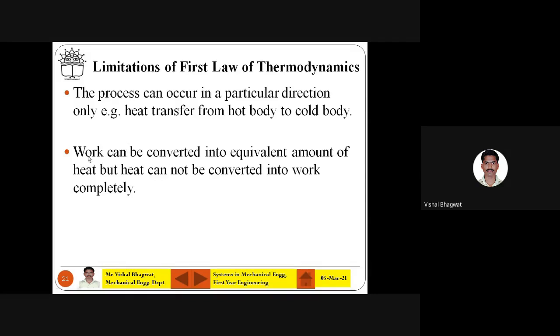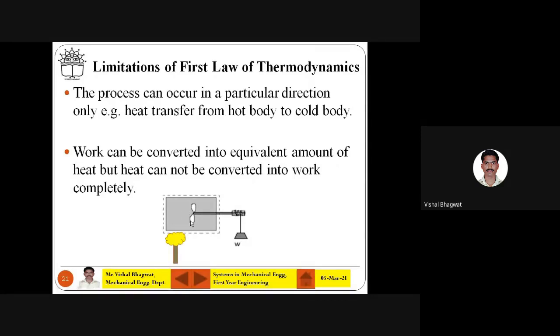So what you can repeat here is that work can be converted into an equivalent amount of heat, W converted into Q, but Q cannot be completely converted into W. So this is a limitation, because the first law says W is equal to Q or Q is equal to W. Here is the figure, I forgot it. Here is the heat that you supply, and based on this heat, this mass will not move here and there, or maybe there will be a little bit of movement, small. But in the reverse manner, if you move this up and down, surely the inside fluid is getting heated.